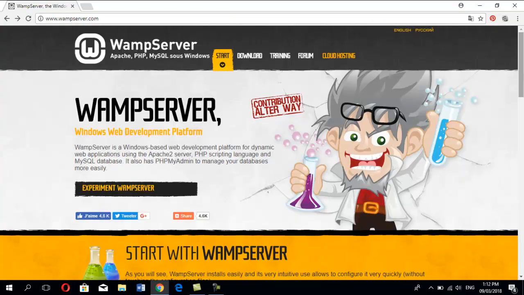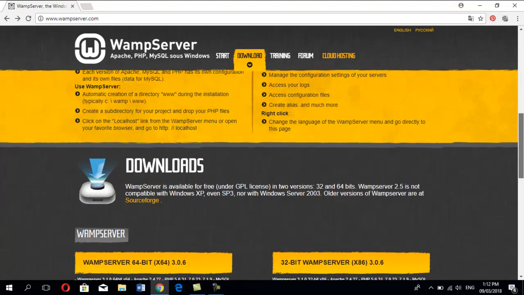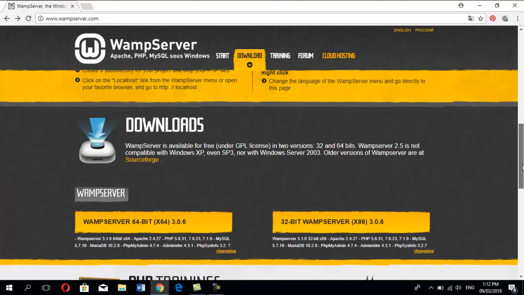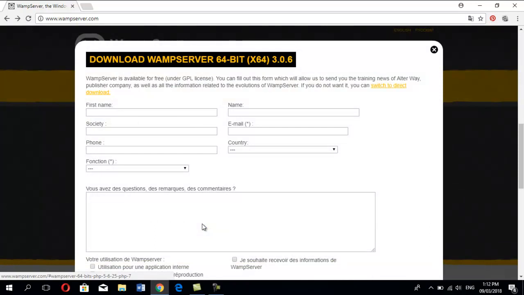After you have successfully installed Visual Studio, depending on whether you had it on your machine or not, you will come back to the download section and click again WAMP server download 64-bit or 32-bit based on your operating system. And here you click straight to download,